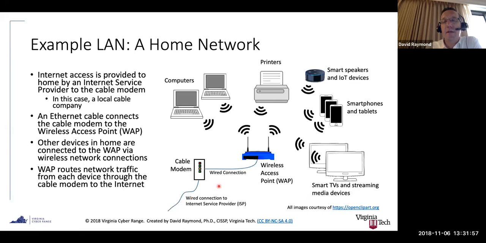And this cable modem does this clever thing called, I'm sorry, not the cable modem, the wireless access point does this clever thing called network address translation. And I'm not going to get into the details of it today. We'll talk more about it later. But what this does is it converts the IP addresses of the various devices within your home network into a single IP address that you were issued by the ISP, right? So the ISP is going to give each customer a single internet protocol address, and